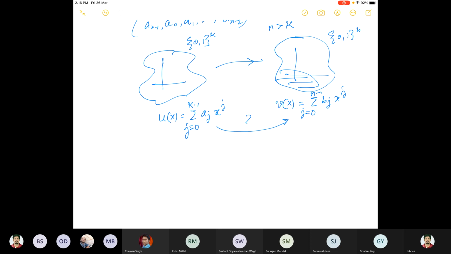meaning that in that code, which is a subspace of 0 1 to the power n, if we consider any code word C belonging to the code capital C, then any shift of this code word C should also be a code word. So that's the definition of the cyclic code.